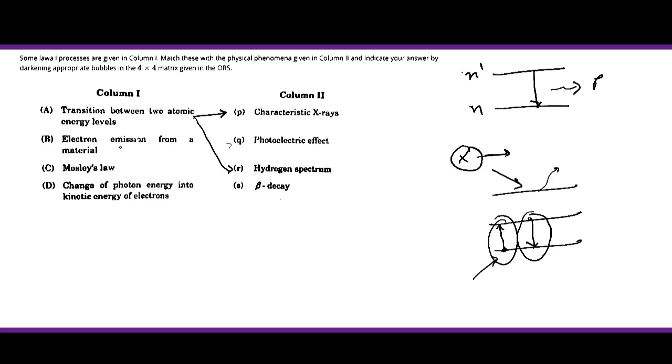बी में अगर देखें तो बोल रहा है इलेक्ट्रॉन एमिशन फ्रॉम अ मटीरियल। तो जैसे हमने पहले बात की, इलेक्ट्रॉन जो एमिशन होता है किसमें होता है, फोटो इलेक्ट्रिक इफेक्ट में, ठीक है। इसका कैरेक्टरिस्टिक एक्सरेज और हाइड्रोजन स्पेक्ट्रम के साथ कोई लेना देना नहीं है, ठीक है। तो बी जो है किसके साथ होगा, क्यू के साथ मैच होगा।